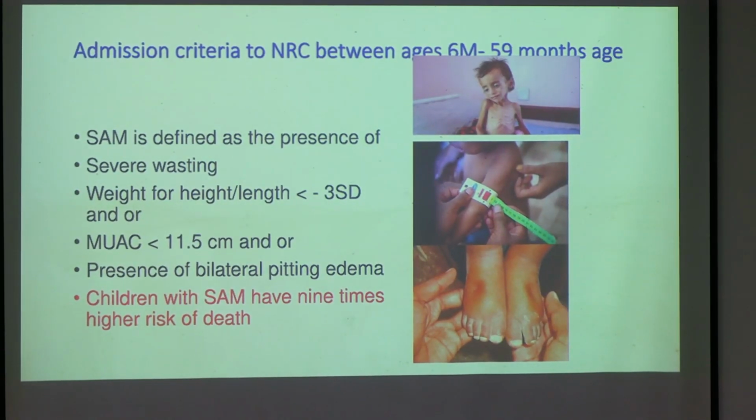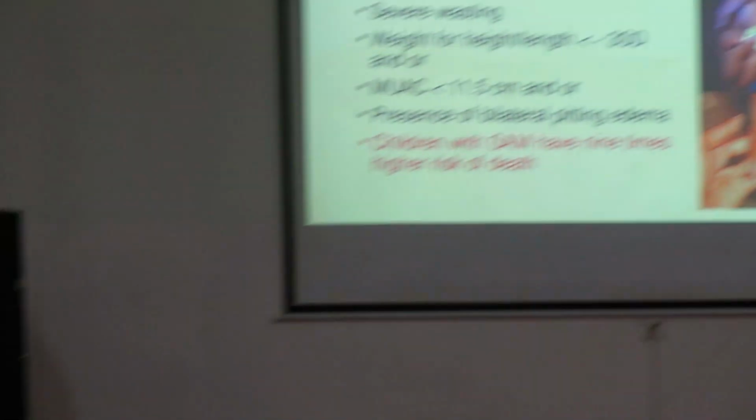So edema is there due to osmosis. All proteins have gone through urine. So now the body does not have protein, less protein, osmosis, body fluids going into extracellular spaces. So bilateral pitting edema and severe clinically visible wasting. If someone does not have muscle at all, like that child in the first slide, you can see there is only skin and bone. So it is physically visible. That is the admission criteria.